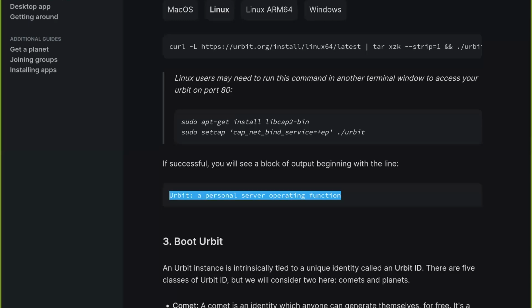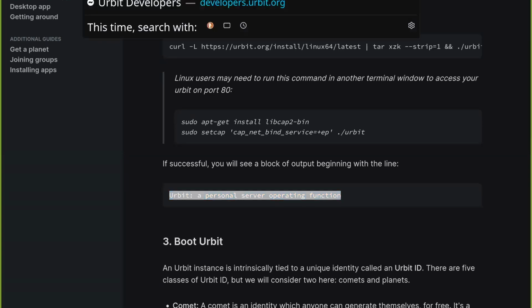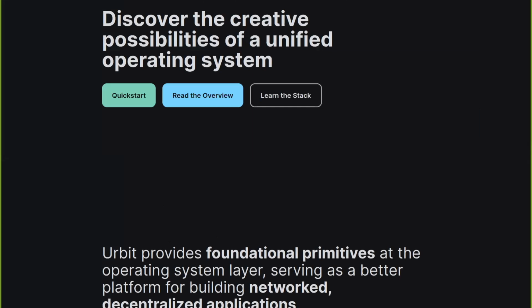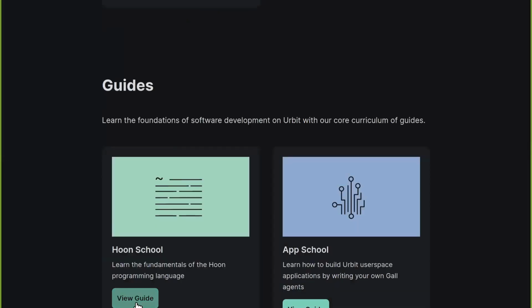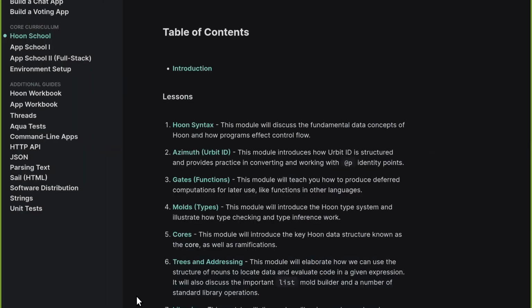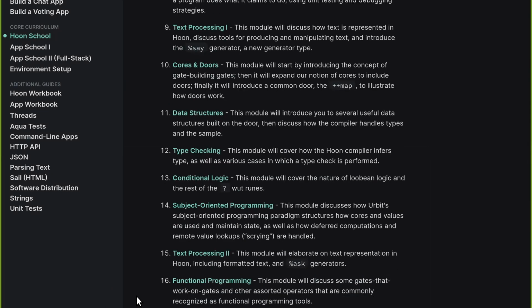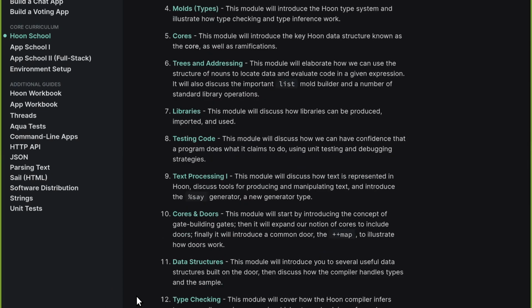That is, if we go back here, developers.urbit.org. So you would go here, scroll down a little bit on the page, and there should be a Hoon School guide. Some of these are optional. There's 19 lessons here. Some of them are optional. They are marked as optional at the top of the page, which just means that if you're trying to get